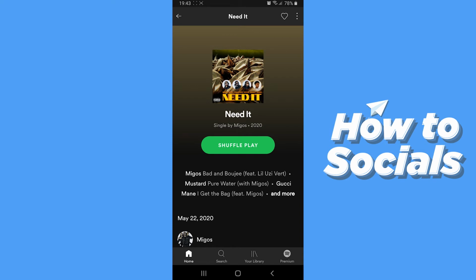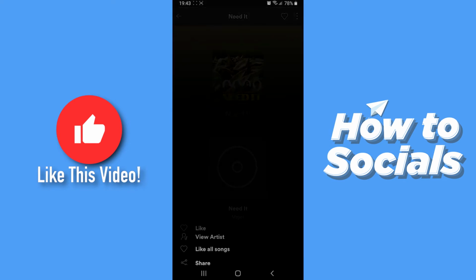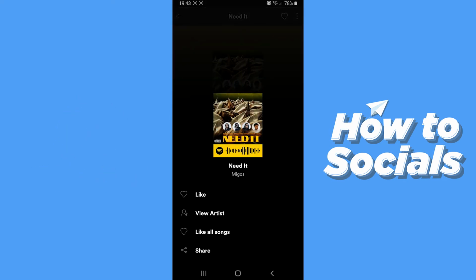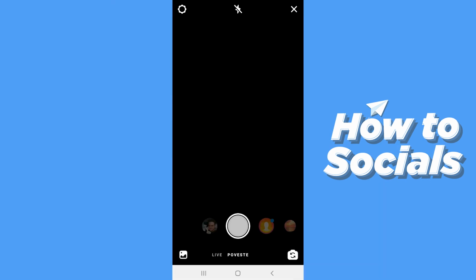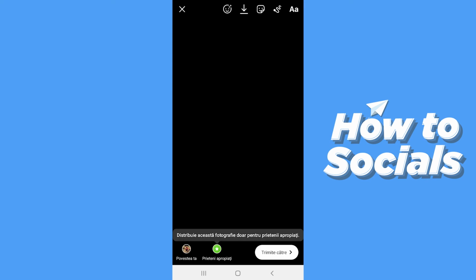What I need to do is just tap on the little button with three dots on the top right corner of my screen. Once I've tapped on it, I need to select the last option which is share, and here I get multiple options: WhatsApp, Instagram stories, Facebook Messenger, SMS, etc. I'll select Instagram stories, which is the second option, and once I've tapped on it, it should take me